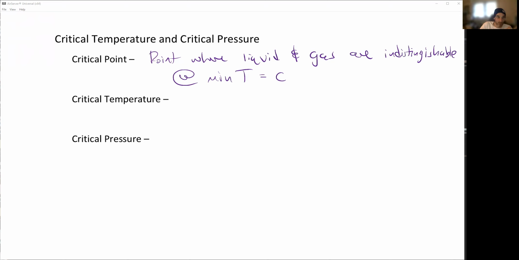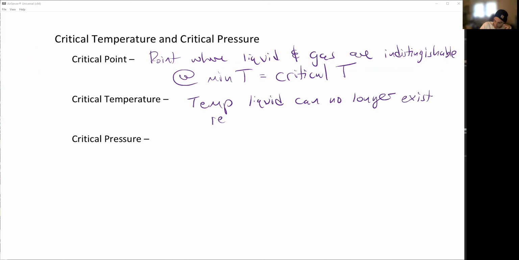There's a minimum temperature that this occurs at, and this is called the critical temperature. The critical temperature is the temperature where liquid can no longer exist, regardless